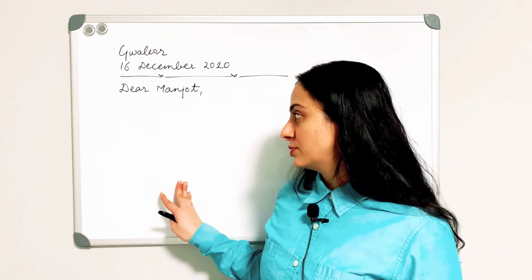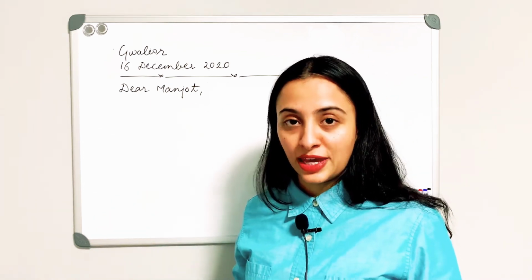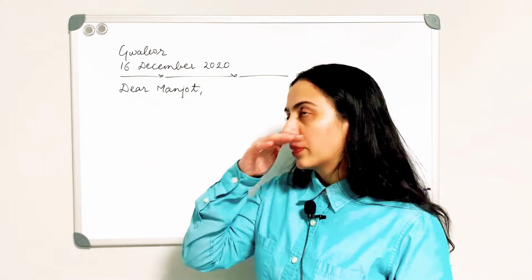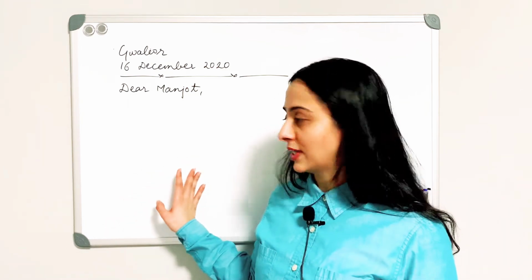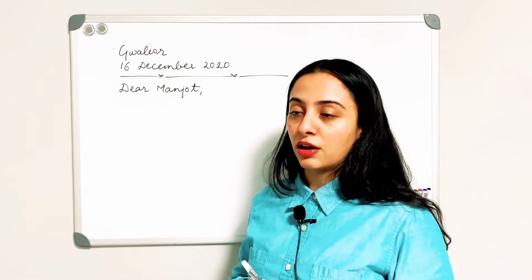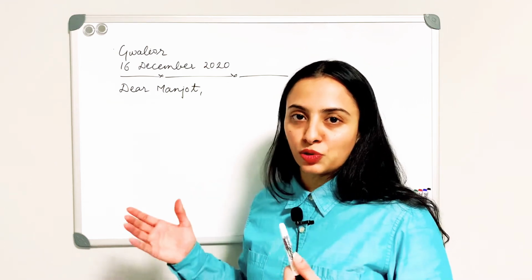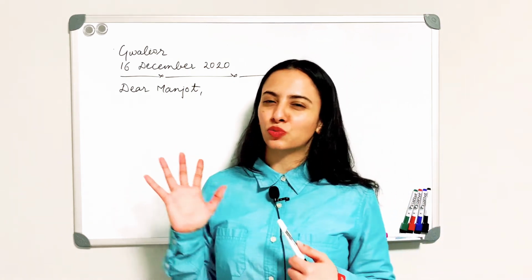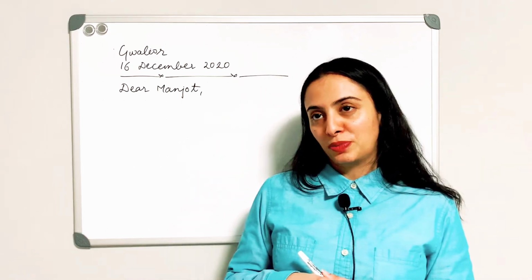So what you do here is, first you tell how you are, and then you ask how they are, right? And then you can describe some things, some chit chat, okay? And then you can tell why you are writing this letter, if it is an invitation, or whatever you feel like here, right? And the language that we include here is very semi-formal, very informal.